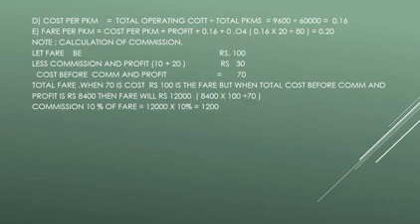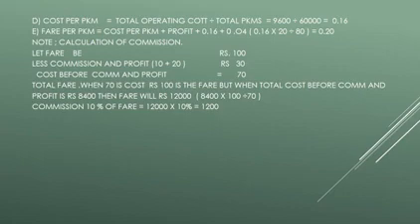That is, assume that the fare is rupees 100. When the fare is rupees 100, the commission and profit as given in the problem, 10% commission and 20% profit, means 30%. 30% of 100 is rupees 30. So from the 100 rupees we have to deduct 30 rupees, then we will get 70 rupees. What is this 70 rupees? 70 rupees is the cost before commission and profit.